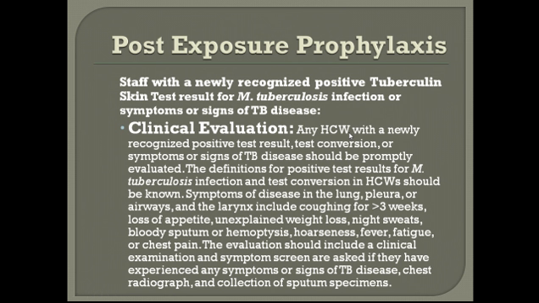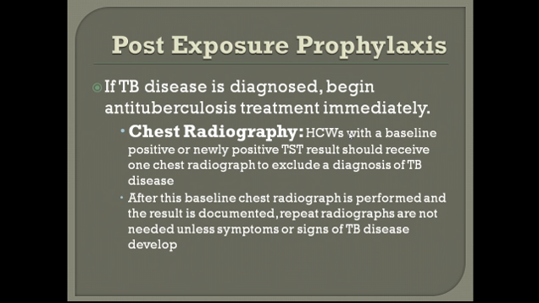We have to initiate post-exposure prophylaxis after making sure the patient has active tuberculosis. We have to make a clinical examination of all healthcare workers who dealt with or had contact with this patient, and we have to examine all of them in the staff health clinic or occupational health clinic in order to make sure they are free. And we have to do chest radiography if there is an apparent problem, or a skin test more than 10 millimeters in diameter. So we need to make sure their chest is clear, and if the skin test is more than 10 millimeters but the chest radiograph is clear, we can consider it a local reaction and consider it a negative